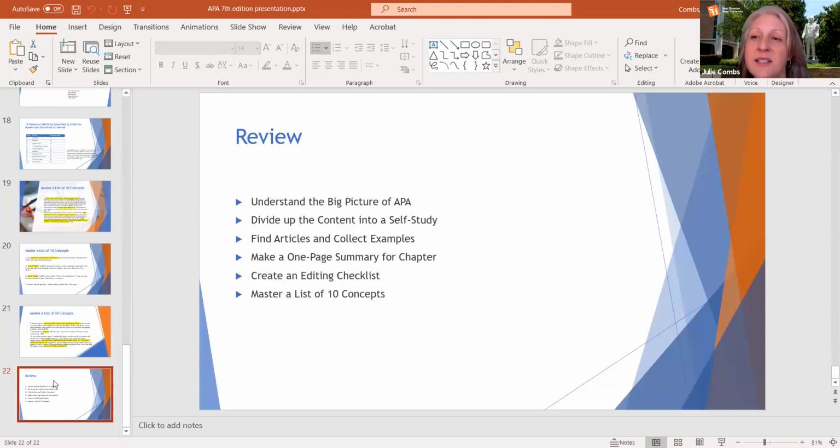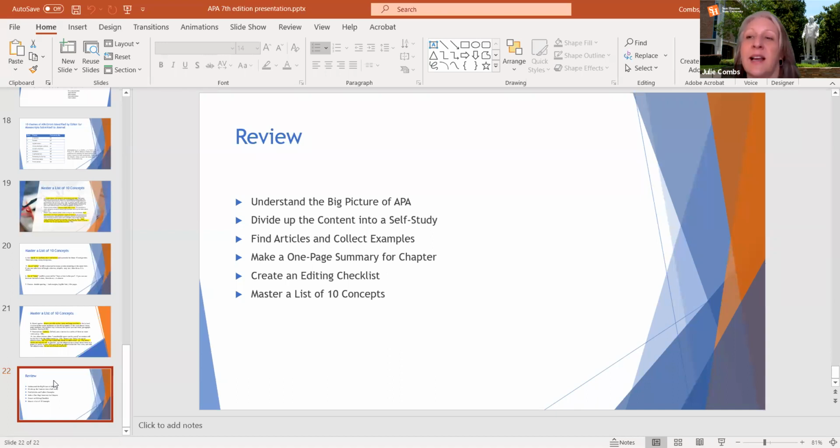To sum up today, we've talked about the big picture of APA, how it's more than the minutia, the small details, but it also represents respect, fairness, and ethical treatment of others. And then some teaching strategies that I suggested if you're learning or teaching APA.